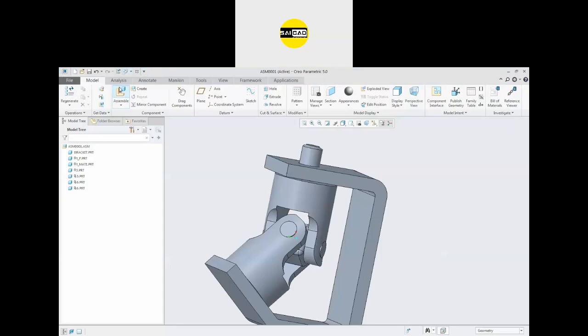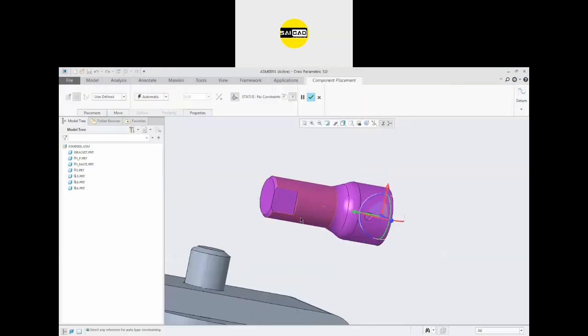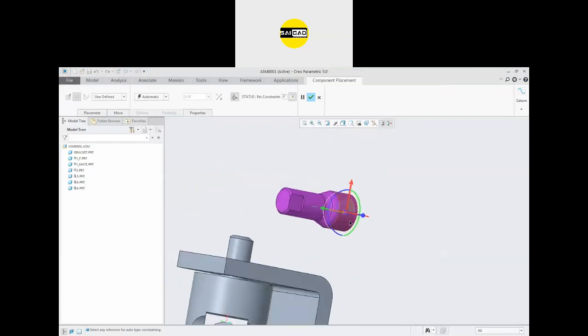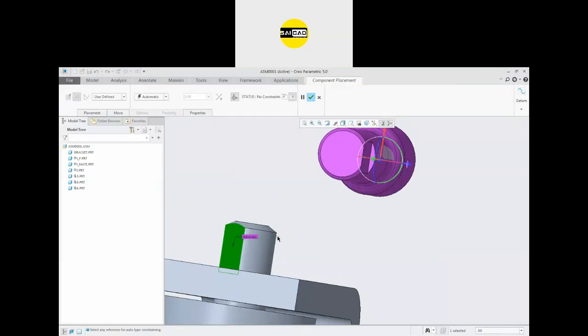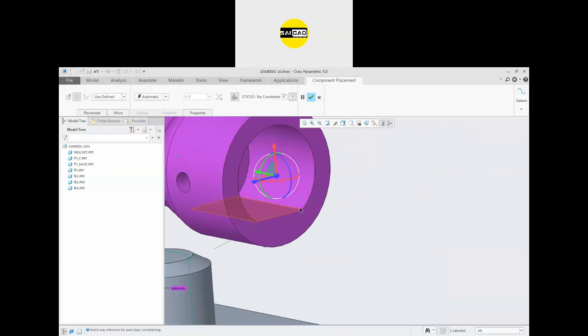Okay, so for that, go to the symbol. We have the part here, this one, open. So here is the part. So now you can see this is the part. This will be assembled here. Here is the keyway also. Okay, some flat face. So in there we have some flat face also.